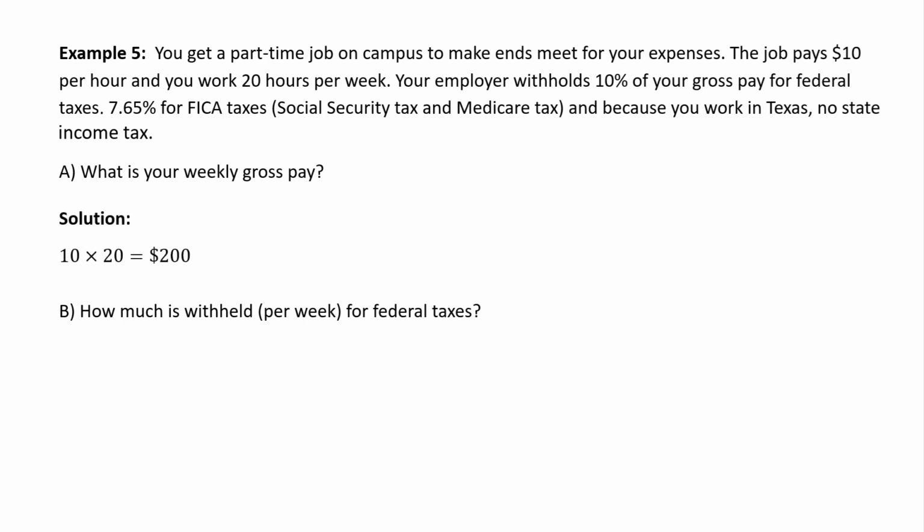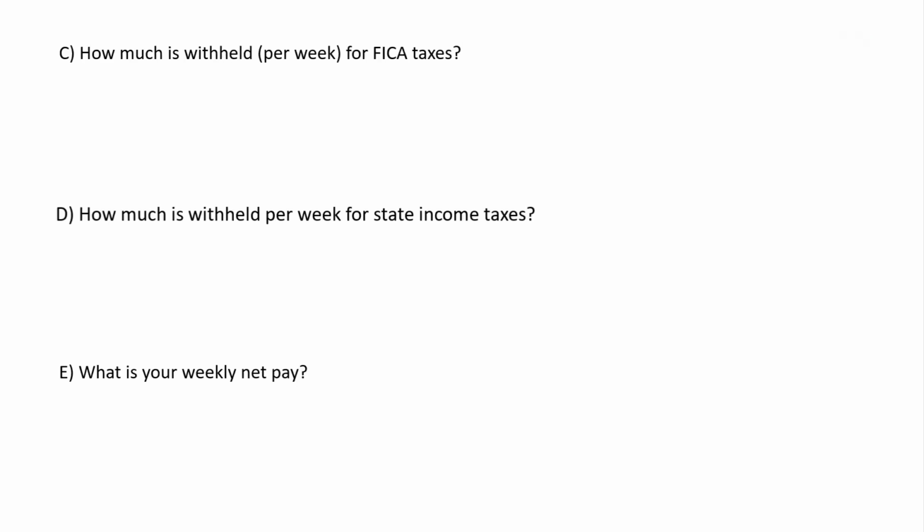Well, that would be your pay, which is $10, times the number of hours you work. So your gross pay is $200. B, how much is withheld per week for your federal taxes? Your solution, it's going to be 10% of your gross pay. So 0.10 times $200 of your gross income, that would be $20. C, how much is withheld per week for your FICA taxes? You take the